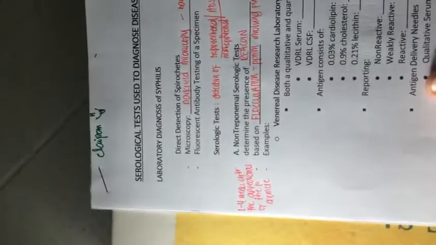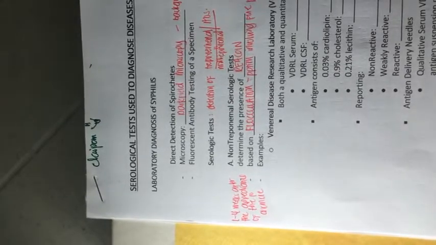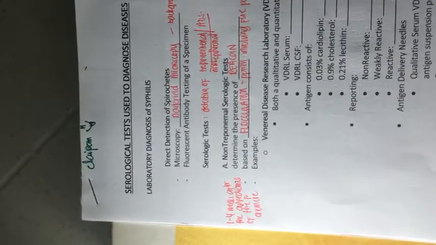So, if there is no chancre, we can now use VDRL and RPR for the detection of reagins. This is actually the reason why direct microscopy is the preferred method in cases of early syphilis, such as primary syphilis and secondary syphilis, because it would take time before our body would react to the presence of the syphilis. It would take time for them to produce increased concentrations of antibodies that would allow us